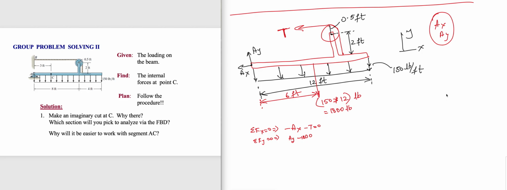Oh, we found AY here. AY is basically 1800 newtons, not newtons, sorry, pounds. One thing is done. Then we have to find AX. That means we have to find T. So there's no other way. We have to find T. So let's take moments with respect to A equal to 0 implies,